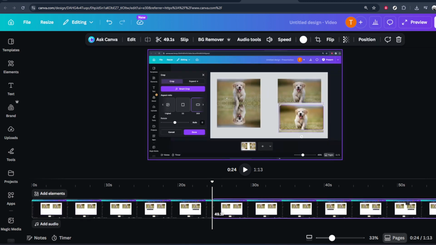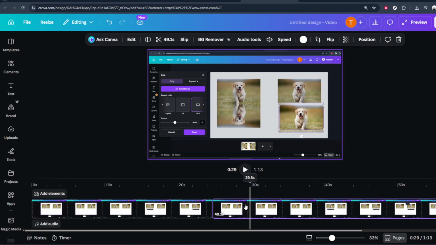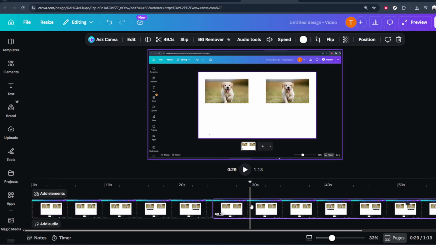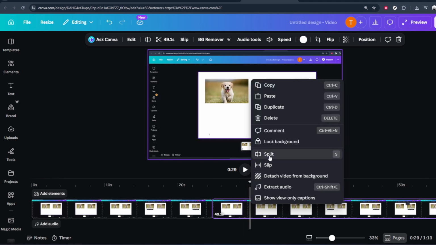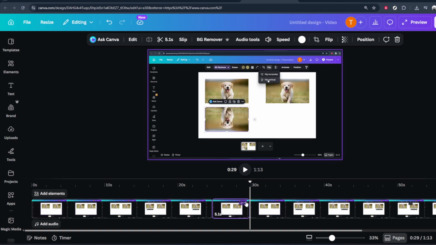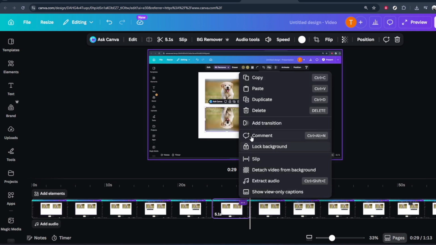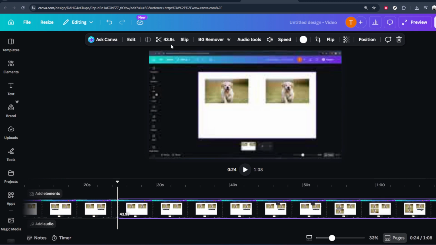When you click the cut icon, Canva will open a more detailed view of your video, usually at the bottom of the screen as a timeline, or along a scrub bar. Here you'll see the entire length of your clip from start to finish. You can press play to preview it and move the playhead to the exact spot where you want your edit